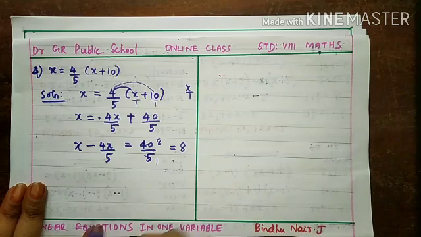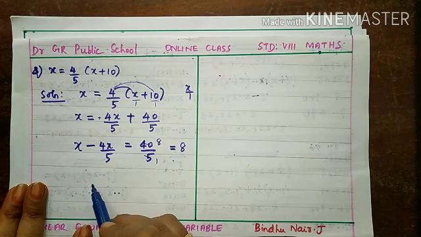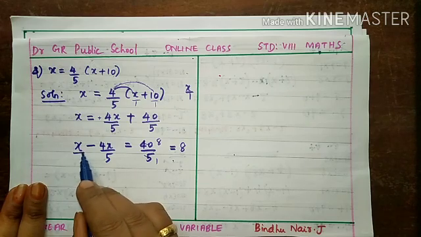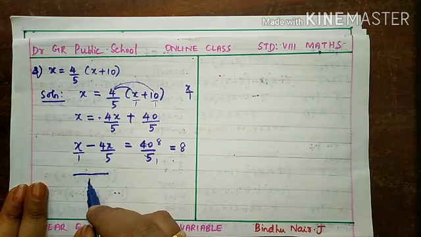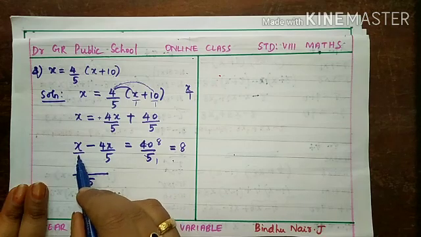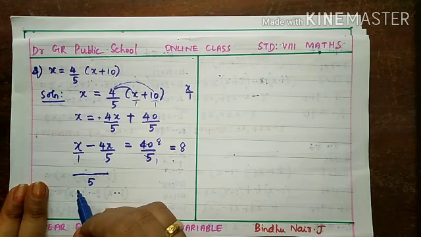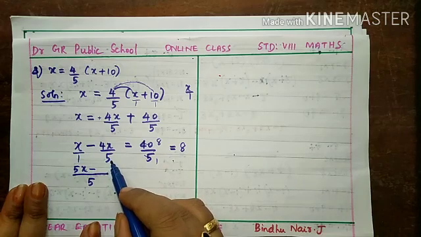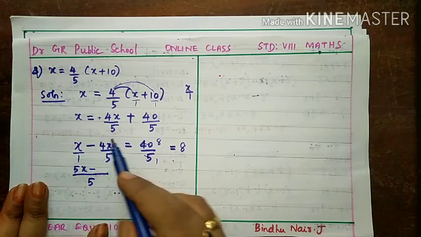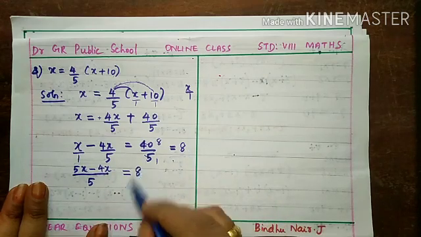We got RHS 8. Now see the LHS. LHS, what you can do here? Correct. You want to find the LCM. And now you see here the denominator 1 and here 5. So the LCM is 5. So common denominator LCM 5. And here because it is 1, we want to multiply by 5. That 5 you are multiplying by numerator also. What is x into 5? 5x. So it becomes 5x minus, here because it is 5, no change in the numerator. So it is 4x equal to, right hand side it is 8.